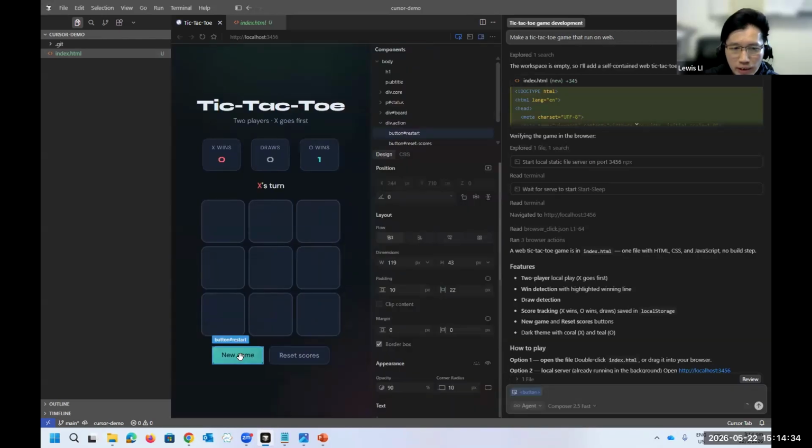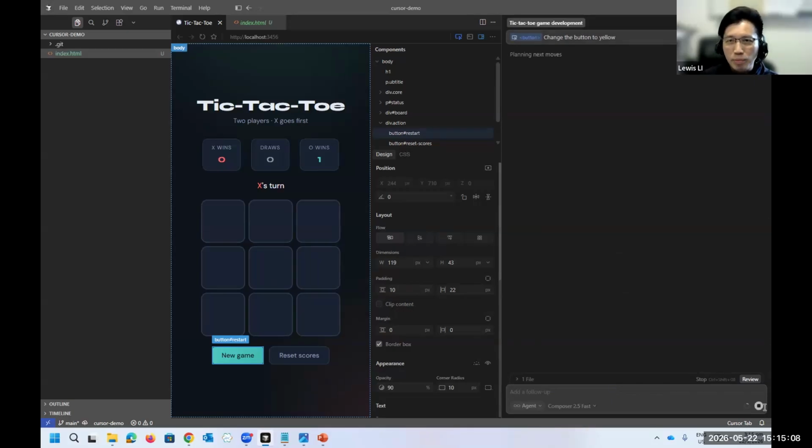After I click, you will see down here that a button has already been inserted into the prompt, which means what I do right now will affect this button. I want to change the color of this button, so I just type, change the button to yellow, and click submit.